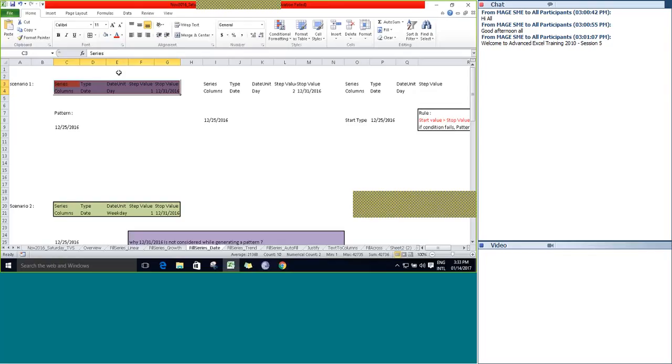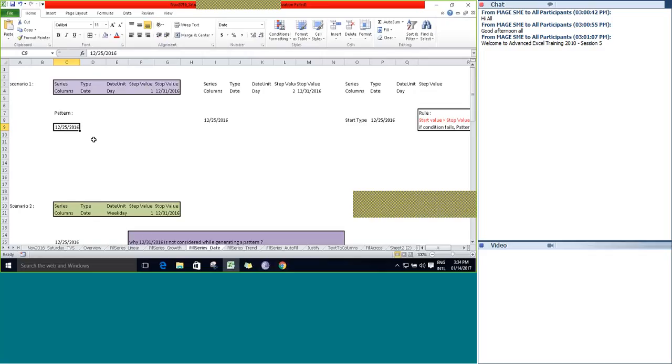The first one is going to be series in columns, type date, date unit day, step value 1 and stop value 12/31/2016. So let's go by this particular scenario.